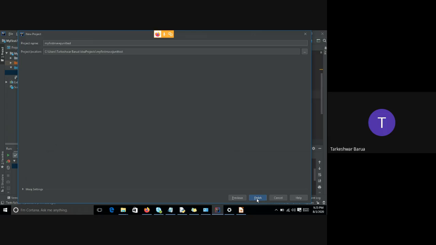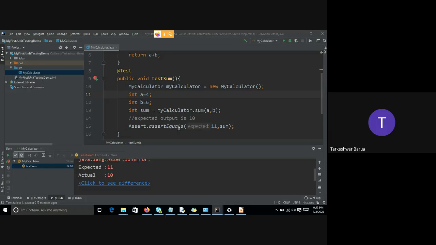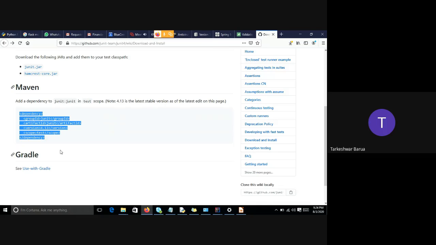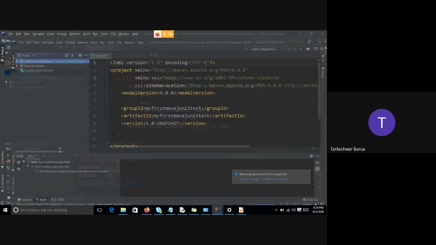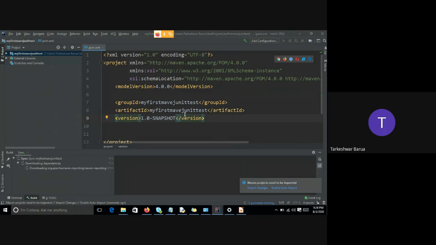Next, next, next. So now I'm going to add that dependency. This is my Maven pom.xml file, and it is asking for enable auto import.